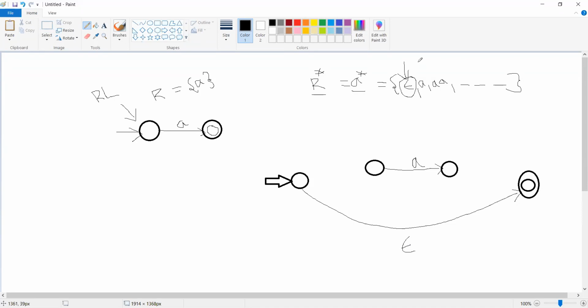Now what we have to do now? Now we need to make sure that small a should also be accepted. In order to make the small a accepted, we already have a finite automata which is recognizing a. But now we need to specify the transitions from the new initial state to this state, and from this state to the final state. Now I am going to specify the epsilon transitions.